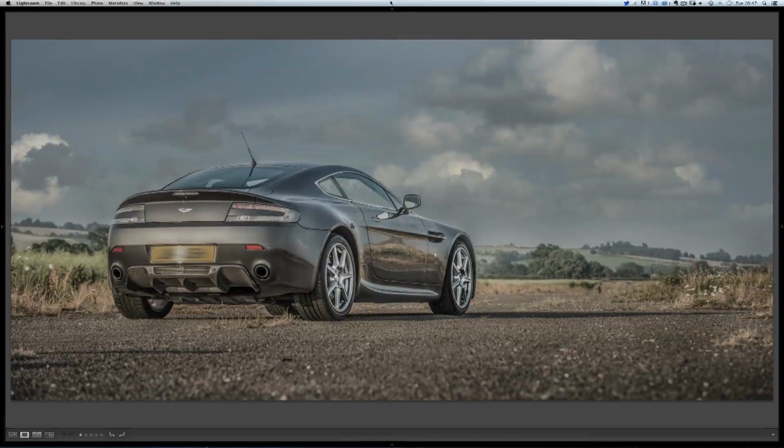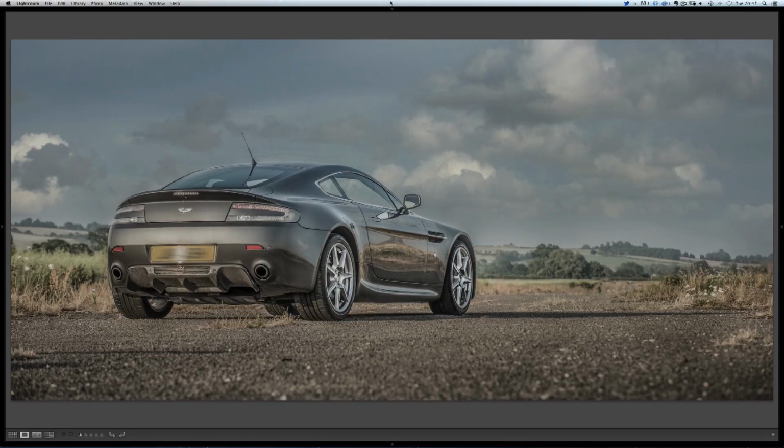Okay, so for this week, what I thought I'd do is mainly do some Photoshop techniques. And to start off, I thought I'd just go through one of the techniques that I've used on this picture here of this Aston Martin. Now, this is a picture that I photographed this past weekend. It's a friend of mine's car, and it also just happens that where we photographed it on this disused airfield was also a friend of mine. So when you've got somebody that owns an Aston and somebody that owns a disused airfield, it's just screaming out for a photo shoot. But what I want to do is go through just one of the techniques I've used,